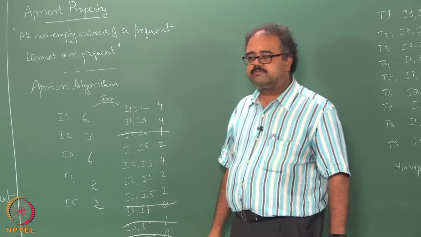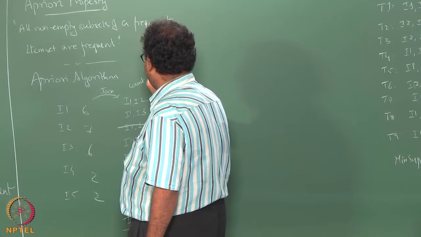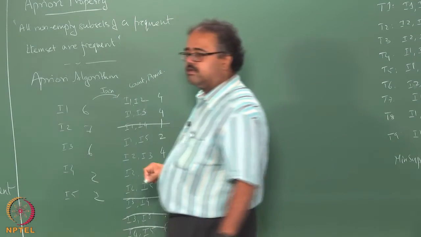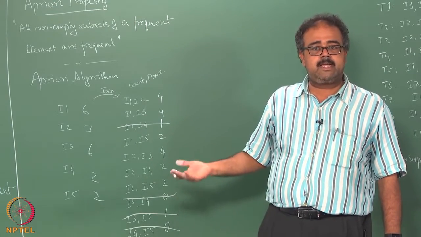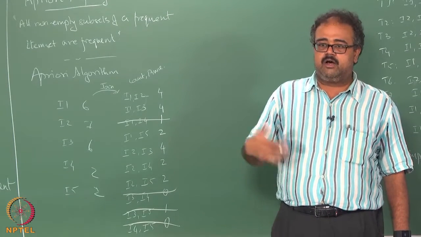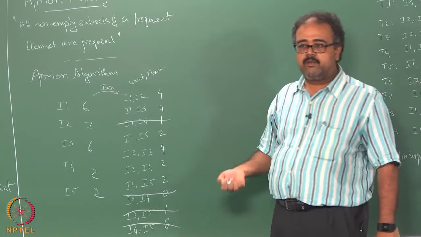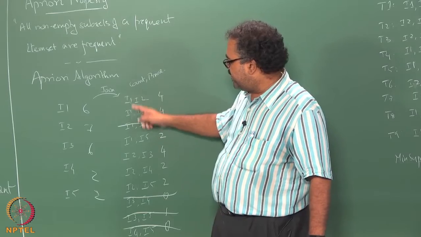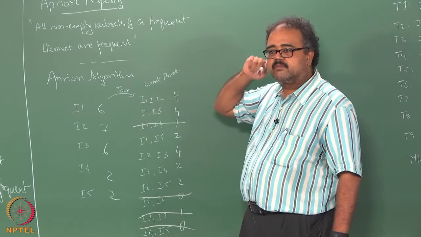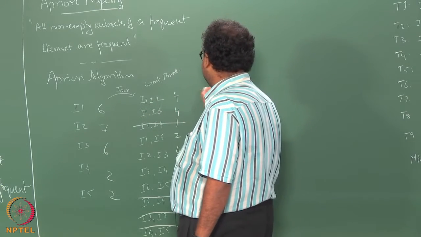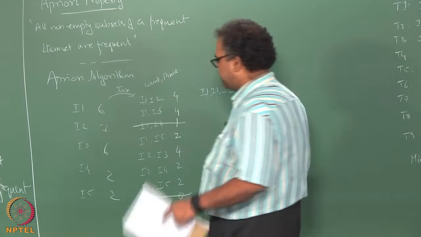So, all these have gone, right. What I have done here is a count and then a prune. Now, what do I do again? Whatever is left, I do a self join, or for non CS people, I extend it by one more, provided the first elements of I1 and I2 are common, right. So, for example, I can do I1, I2, I3,